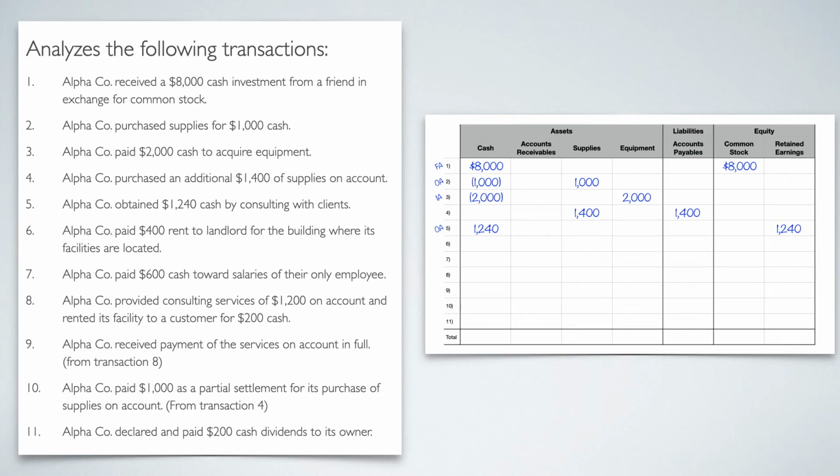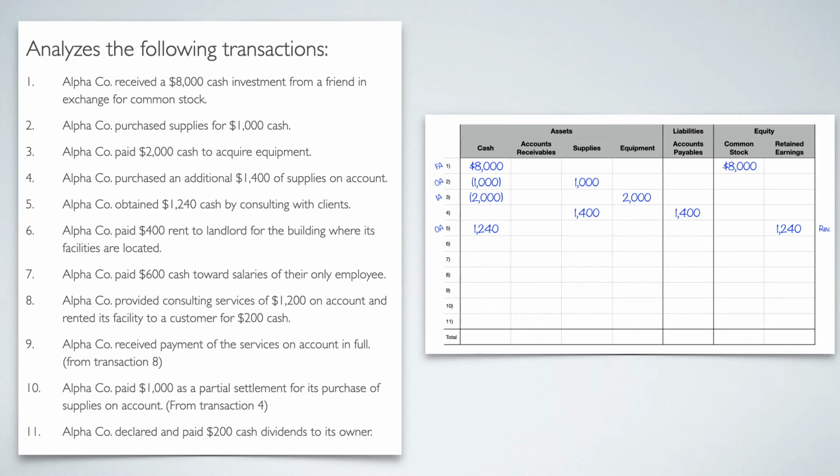And I've done some work and they've paid me cash, but the main part is I've rendered that service. So this is what I've earned. So therefore this is a revenue. So to the right, I'm just going to put REV. Again, this is going to help me constructing my financial statements.